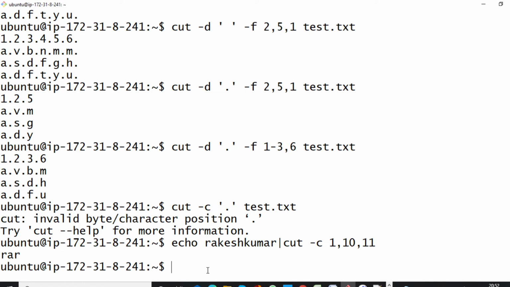Echo, I think I did not tell you, so suppose I want to print the third character, then the fifth character, then your file name.